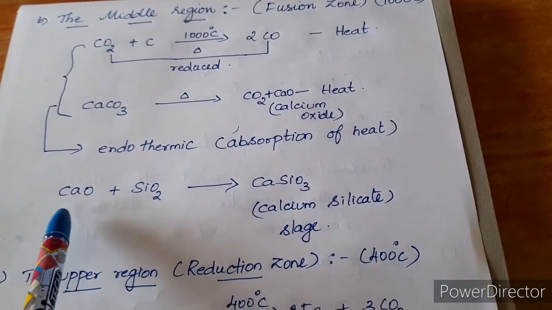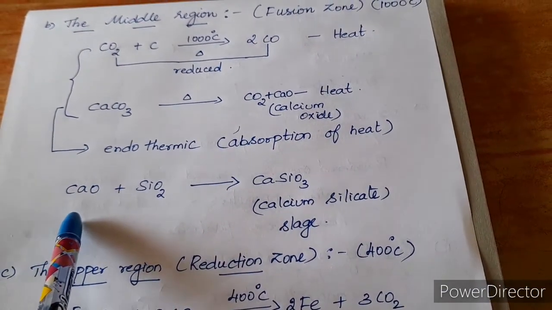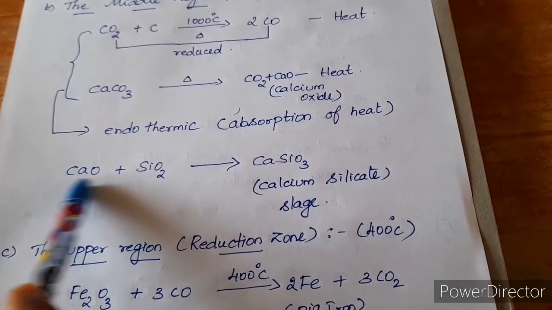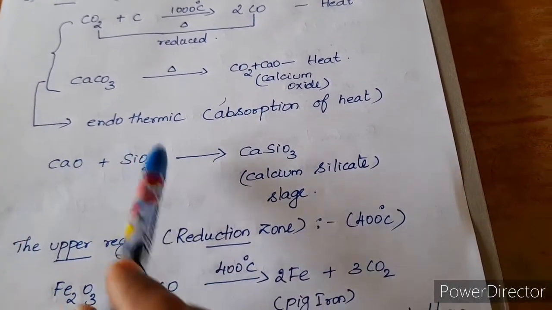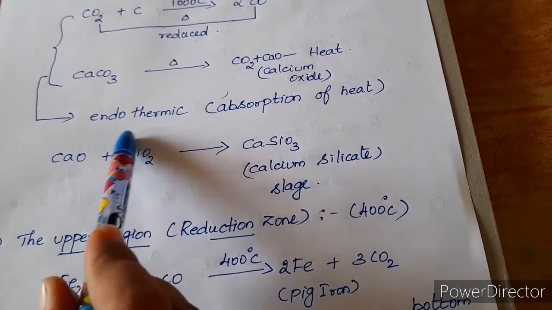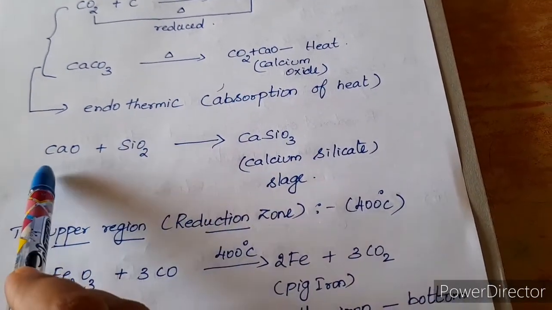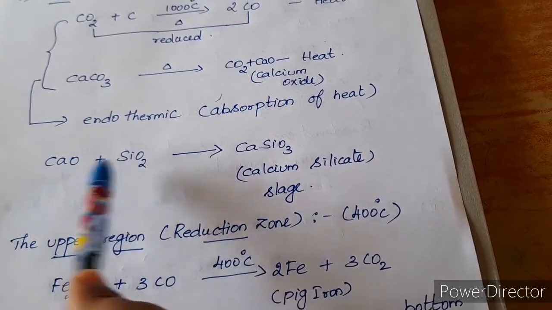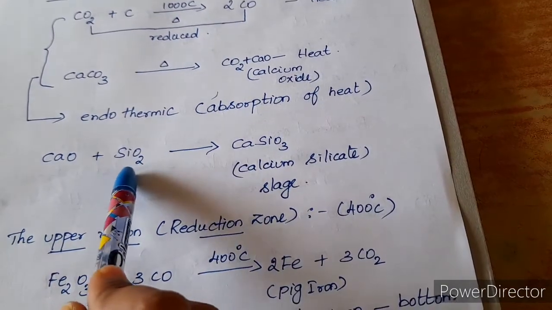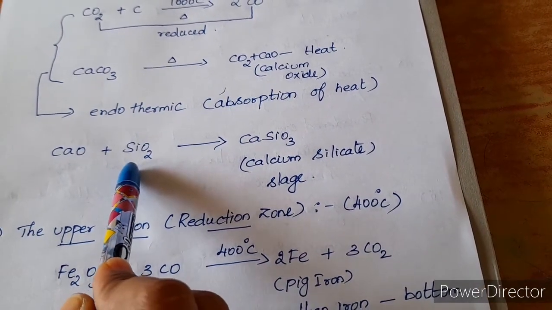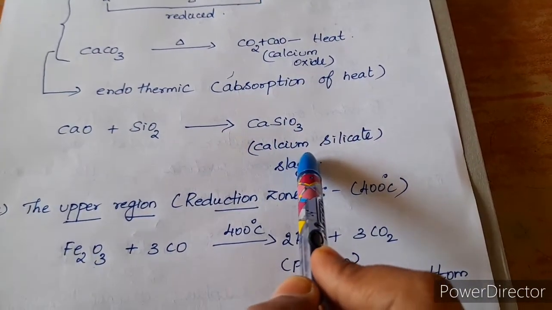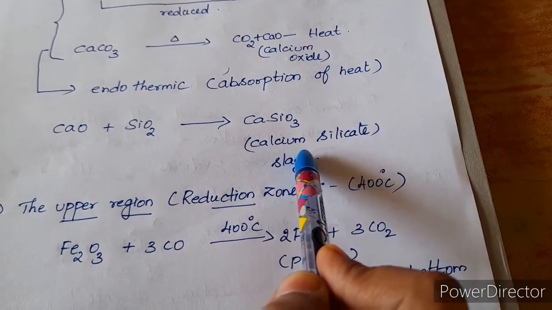Now, the impurities, the gangue particles present in the extraction of iron, is the calcium oxide, and this gangue should be removed when it is treated with the flux, isn't it? So we said the general reaction, isn't it? Gangue plus flux will give you the slag, and here this is the gangue, that is the impurities. The flux that is added is the silicon dioxide, that is SiO2. Now these two combined together, you get the slag, which is calcium silicate.